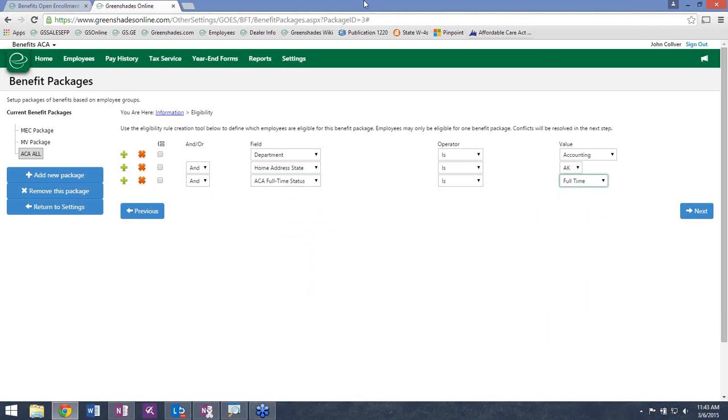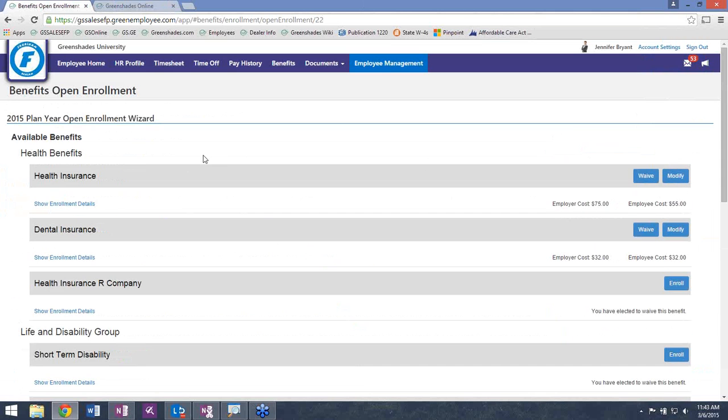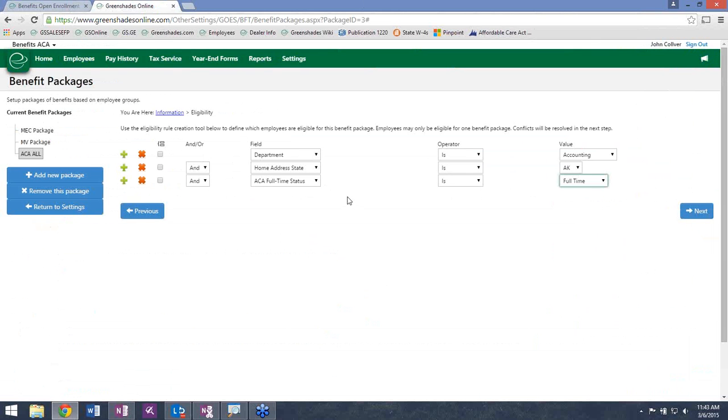They would then be directed to the open enrollment portal that we saw over here, and they would be shown all of the benefits that are available to them, and at that point they can waive or enroll in any of those benefits. Once they do, the administrator receives notification. We push those benefit and deduction codes back into Dynamics GP to update for future payrolls, and then begin the